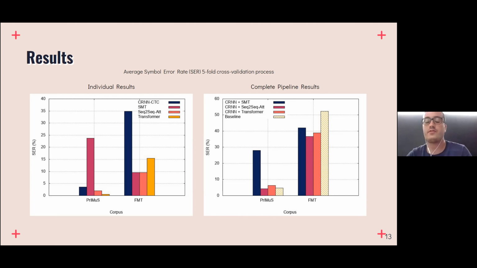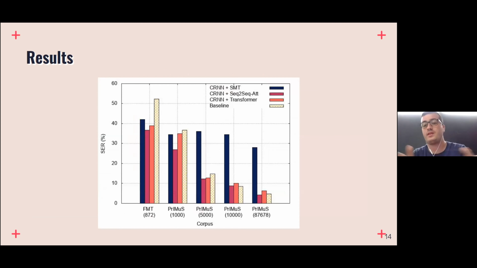But it was interesting for us to see how much data is necessary to clearly surpass the baseline, between our proposition and the direct encoding pipeline. And we did it with the Primus dataset, and as we can observe, this happens at around 5,000 samples, which is really interesting for some conclusions that we may draw.